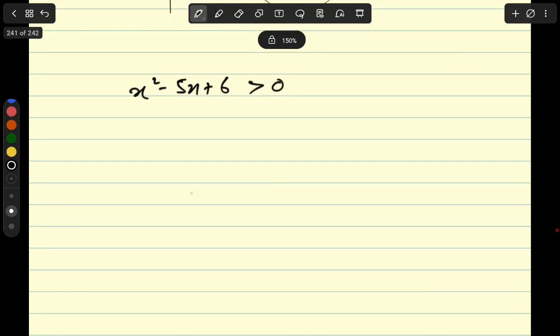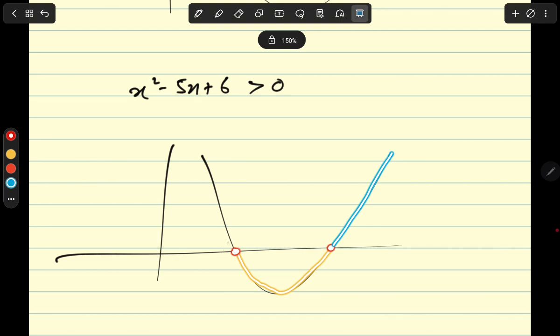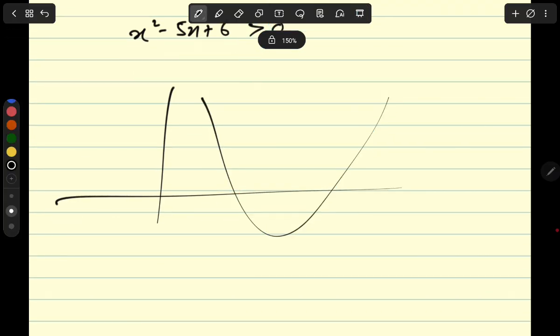Because if the function has to be greater than 0, I must know, so there are three parts. The first part is below the x-axis. The second part is on the x-axis, which are the roots. And the third part is above the x-axis, which is the blue part, right? So right now we are interested in the blue part. So for the blue part, I ought to have these roots b and a. So I need to